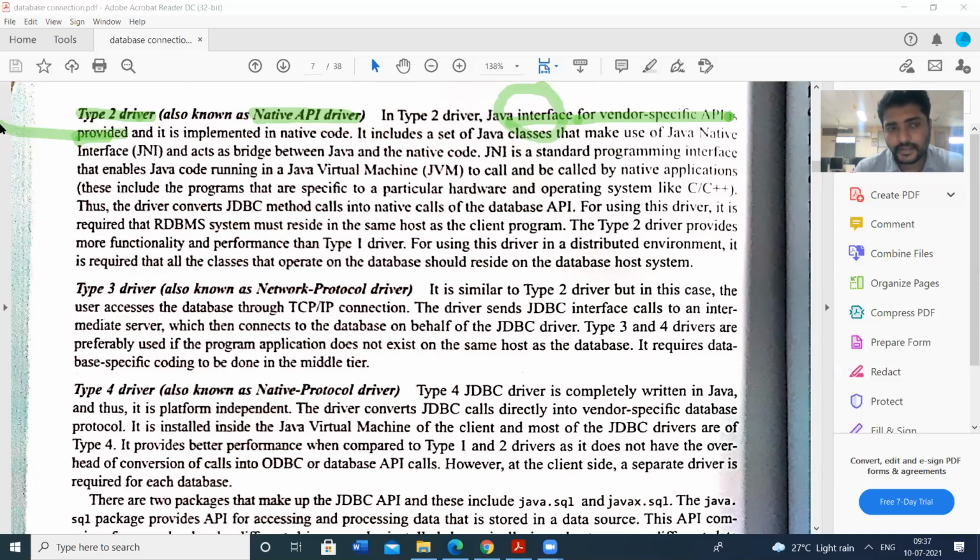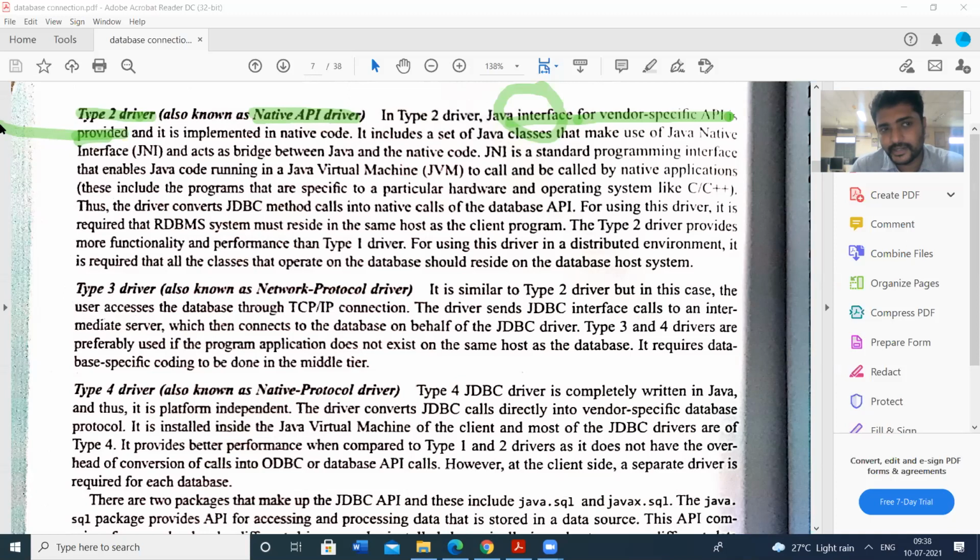That means if you install the JDBC driver, then we have the option of choosing the vendor specific driver. If you want the Oracle database, the driver will choose the Oracle database. If the database is DB2, then this type 2 driver will choose that database. So any type of database, irrespective of the vendor, the driver will select the database.